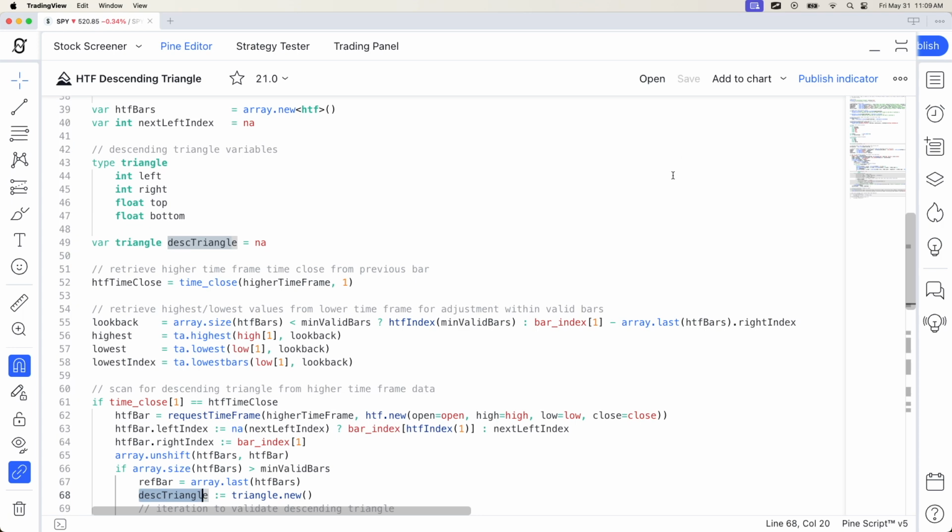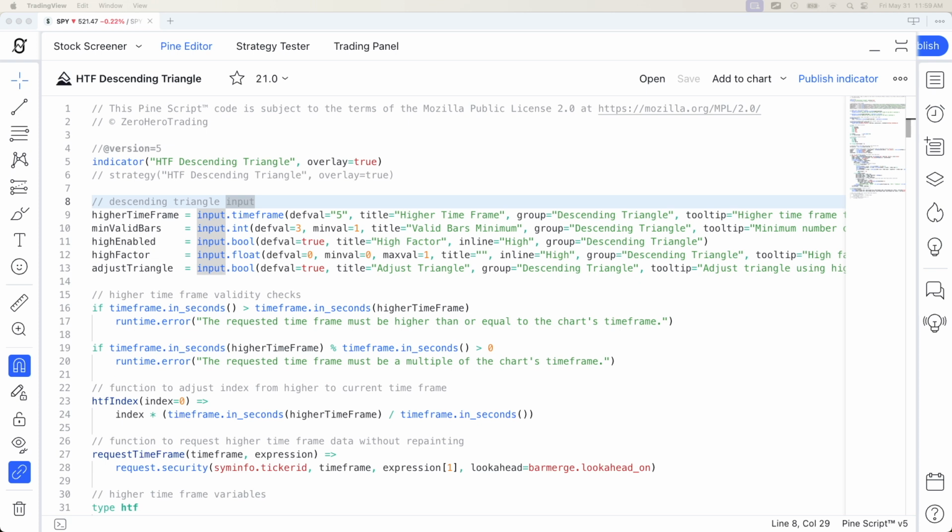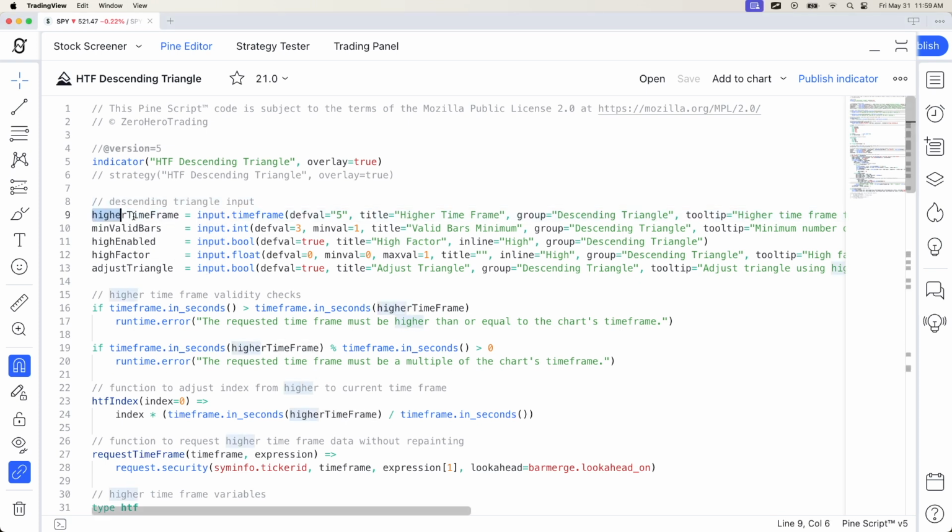No errors? Good. Let's now review our script inputs. We'll still rely on a minimum number of consecutive higher time frame bars that fit the pattern criteria. So we'll keep our higher time frame input and minimum valid bars input unchanged. However, since we're detecting descending triangles instead of ascending triangles, we'll use a low factor instead of a high factor. So let's change it accordingly, like so,